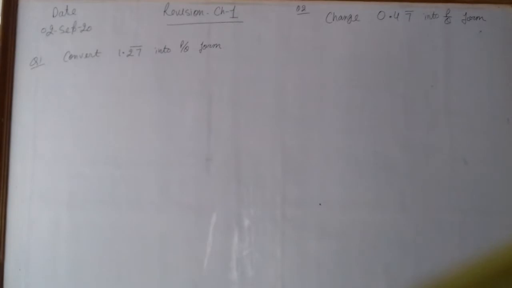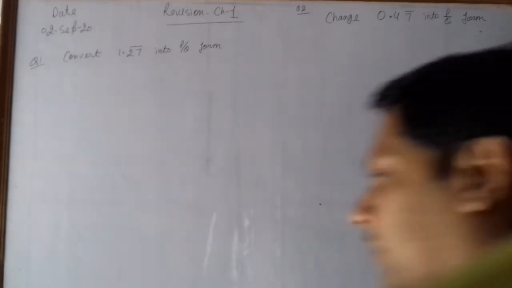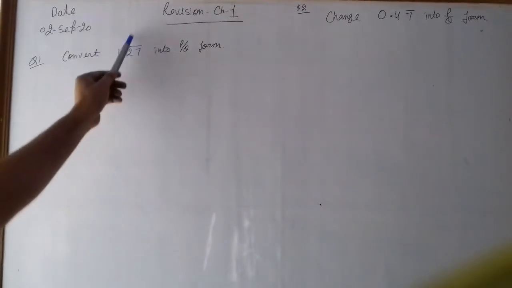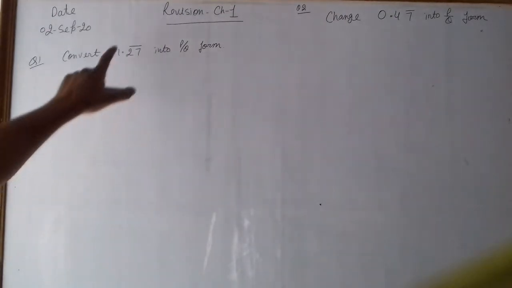In the last video, we discussed irrational numbers, but today we will discuss converting decimal numbers into fractions. As you are seeing here, this decimal number is 1.27 with a bar over 27. This bar symbol shows that these two digits, 27, repeat many times. For example, like this: 1.27, 27, 27 and so on. Converting this number into p upon q form. Clear, students? Now let us suppose x is equal to this number.